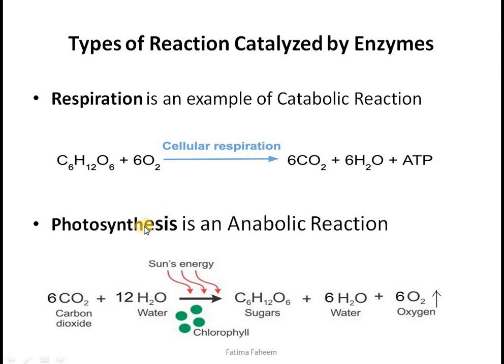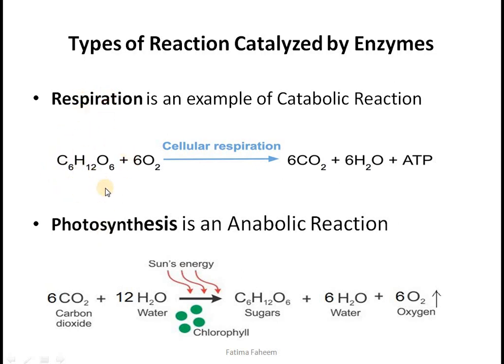On the other hand, in photosynthesis, smaller components are used to form a bigger molecule of sugar. Here in the equation, carbon dioxide and water are the reactants, while the product is a relatively bigger molecule called glucose, whose formula is C6H12O6. Along with sugars, we get water and oxygen as well. Photosynthesis hence is an example of anabolic reaction where things are being made. On the other hand, respiration involves the breakdown of glucose molecule.